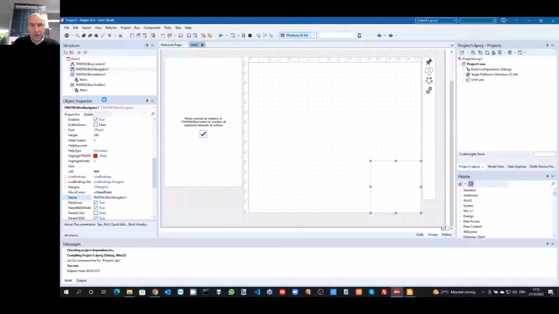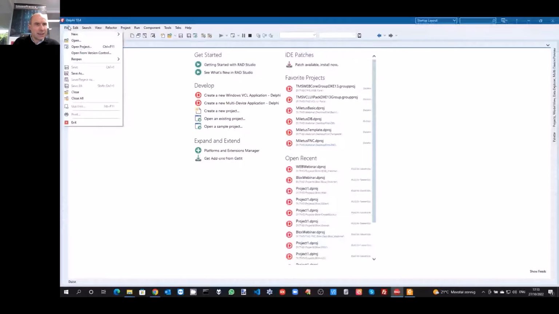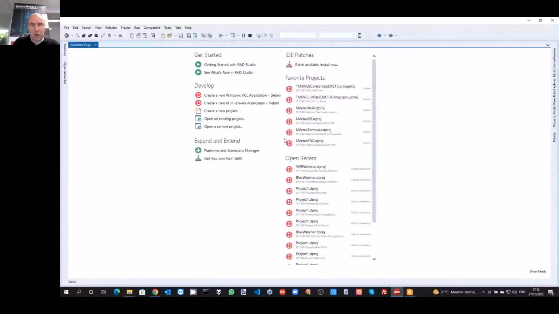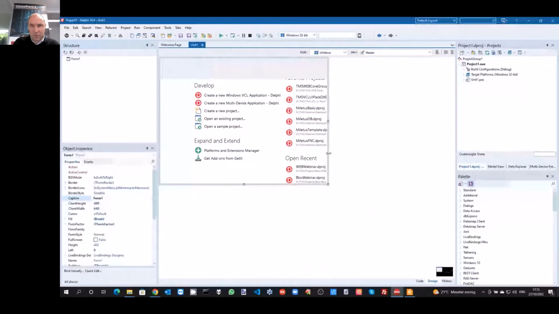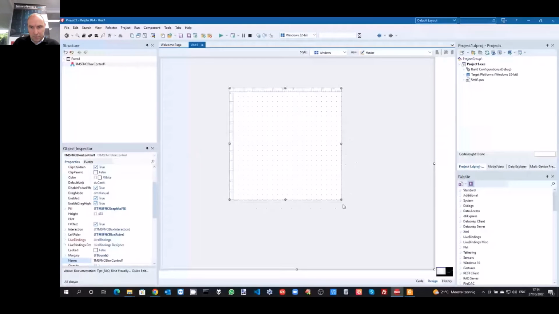Before moving on to the format toolbars, the various toolbars, let's also have a look how these things are actually exactly the same in a FireMonkey application. So now we are starting a FireMonkey application from scratch, like this. And so in my toolbar, I have exactly the same components.